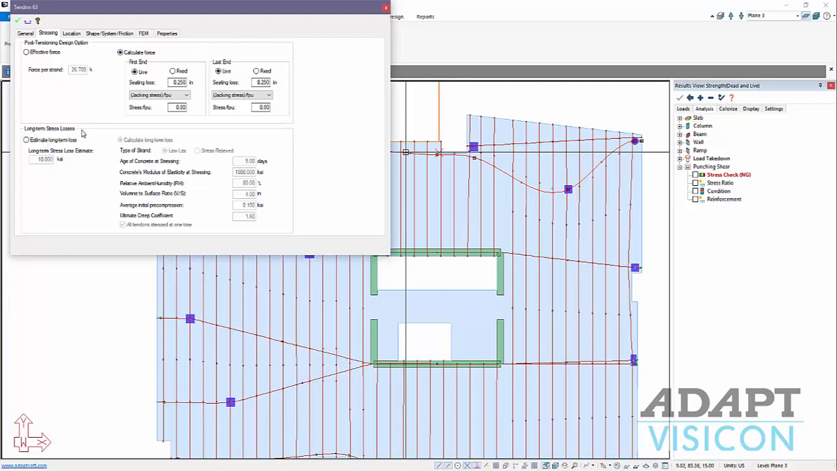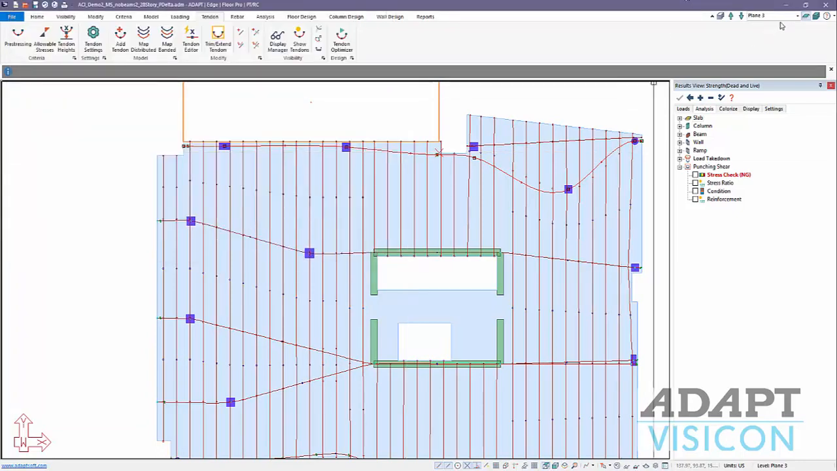We get down here to long-term losses. There's an estimation of long-term loss if the option for calculated force is enabled. This estimation is only applicable when you have the PT Shop module turned off. In other words, the option for explicit calculation of long-term losses is disabled without the functionality of the PT Shop module. So if I go ahead and close the program,